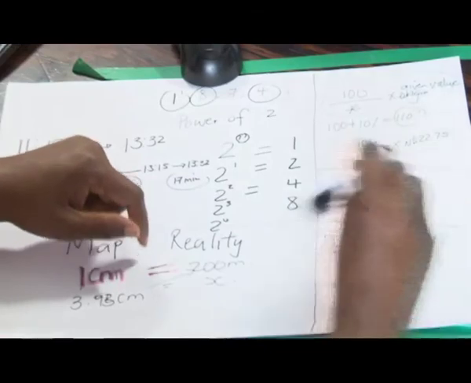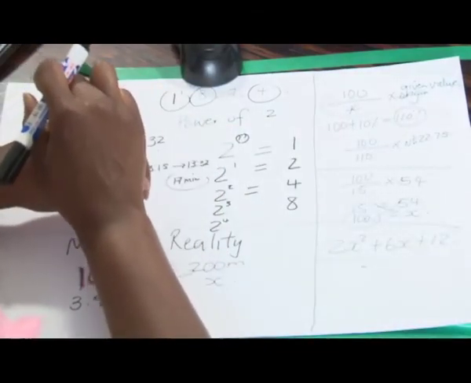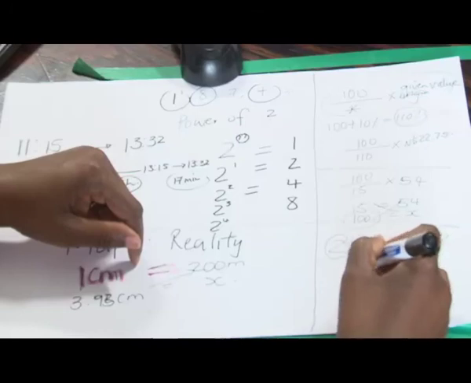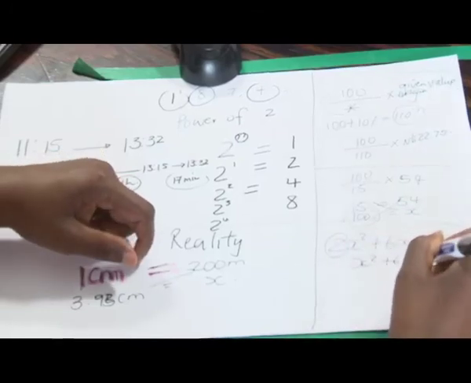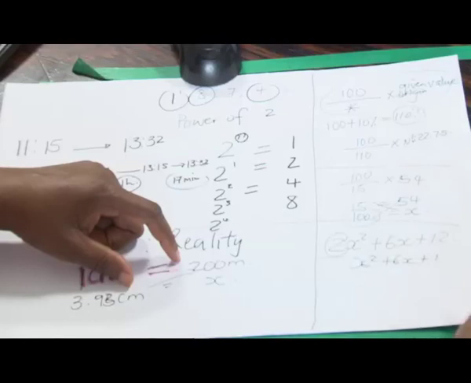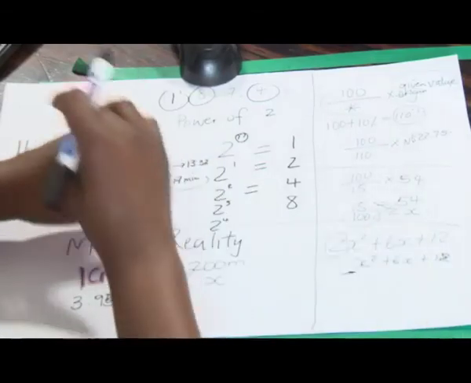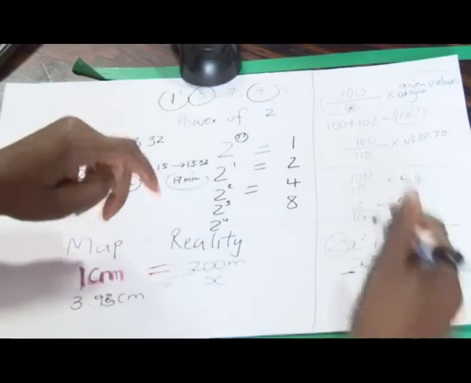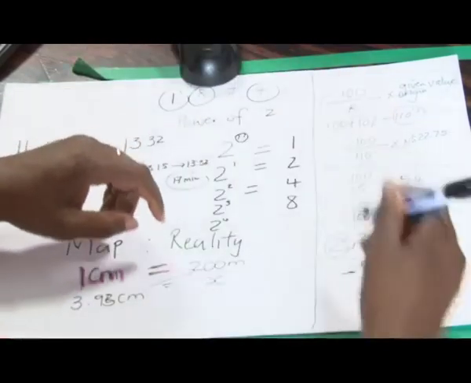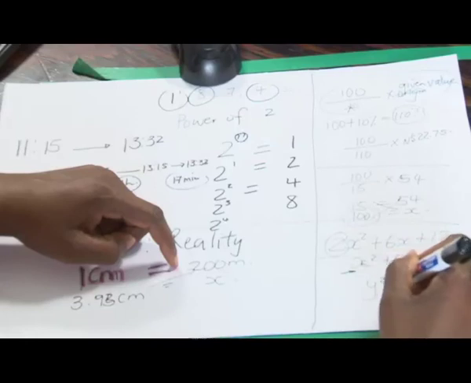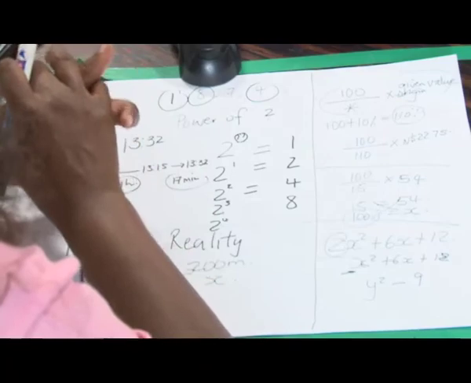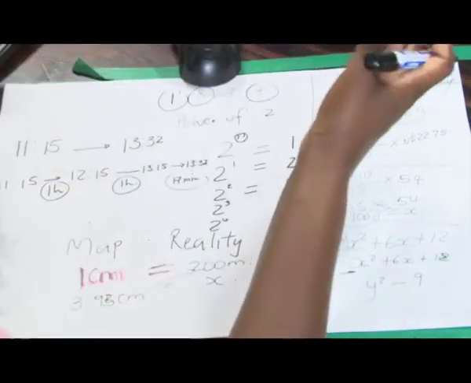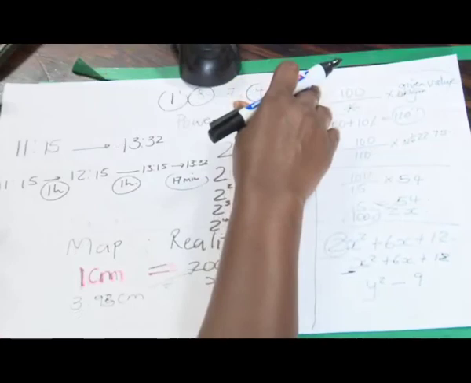This is a complex quadratic trinomial where we have a number here. If I have x squared plus 6x plus 10, let me say plus 15 or 12, this is a simple quadratic trinomial because we don't have a number here. If I have an expression y squared minus 9, which method can you use? That is difference between two squares. So you should know which method you can use for what.